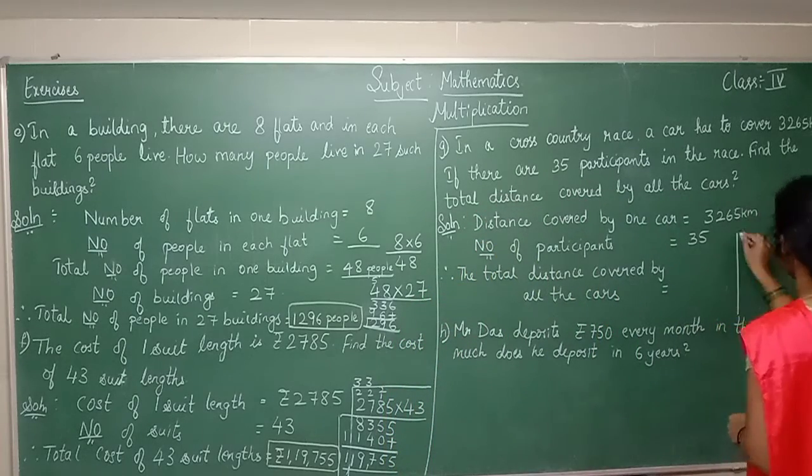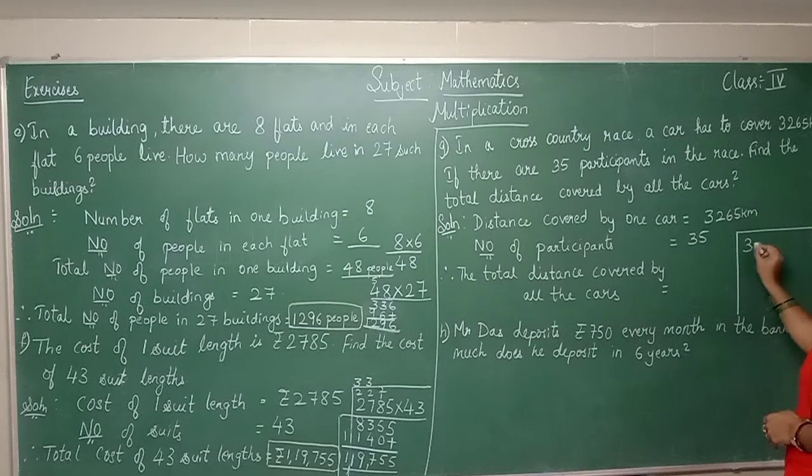I am doing the working here, just look there. It is 3265 into 35. Okay, fine. Now we do the multiplication. 5 5s are 25. 2 carry, you bring down 5. 5 6s are 30. 30 plus 2, 32. 5 2s are 10. 10 plus 3, 13. 5 3s are 15. 15 plus 1 becomes 16.